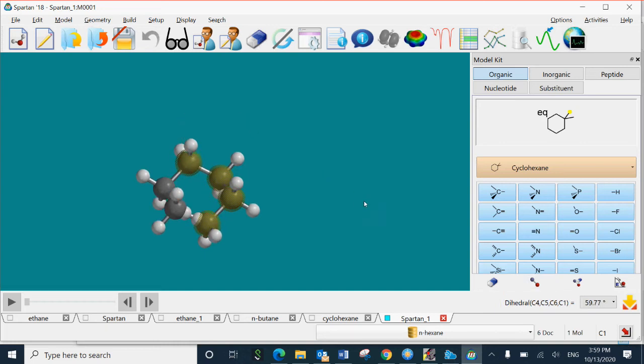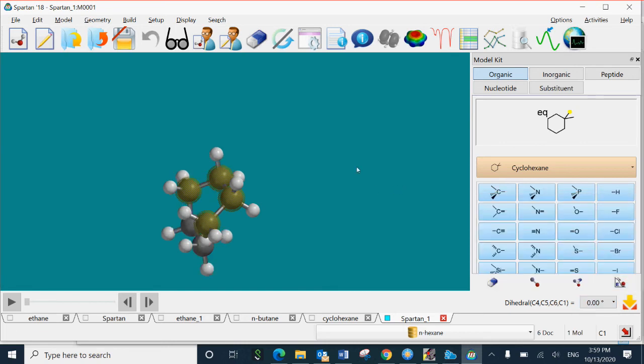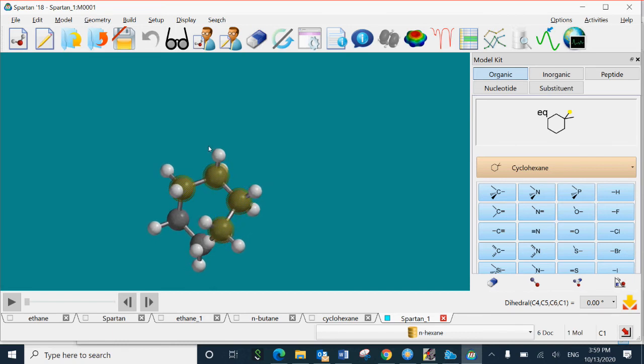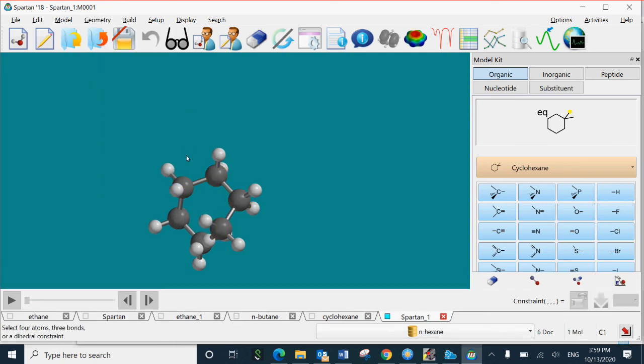Then on the right bottom corner, the angle is showing 59.77, but you change the angle to 0 and enter. So now the angle is changed, and the next step is to constrain this angle. So go to the geometry menu again and click on constrain dihedral. Here you need to carefully select the same 4 carbons starting from the one at the broken end.